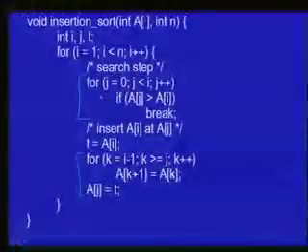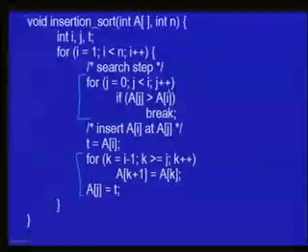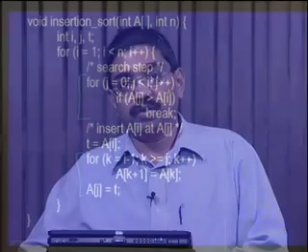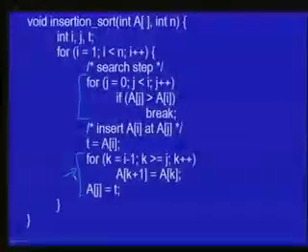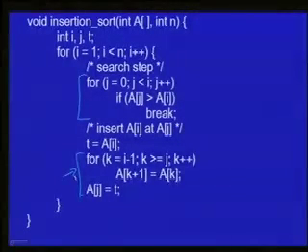we may have to do this i times, because the element which is greater than a[i] may not be present at all, in which case we need to look at all elements from a[0] to a[i minus 1], and the worst case for this step happens when the value of j turns out to be 0 itself, because then all elements from a[0] to a[i minus 1] need to be shifted, so a total of i elements get shifted. And if you think carefully about this, the number of times that this loop will execute plus the number of times this loop will execute will actually always be equal to i.